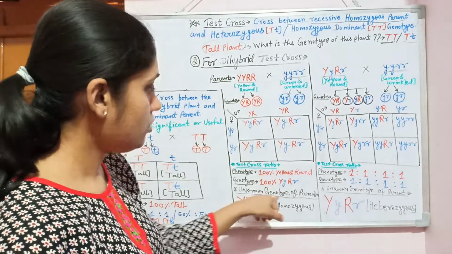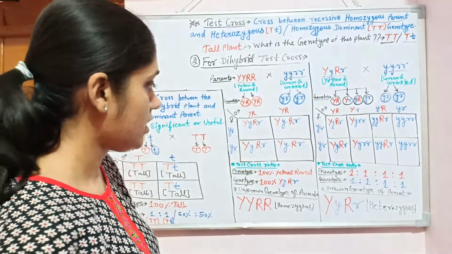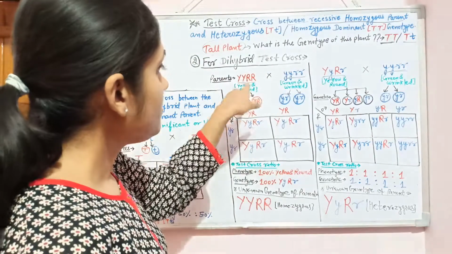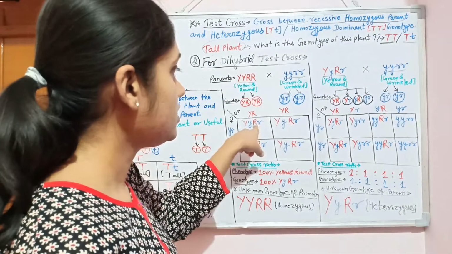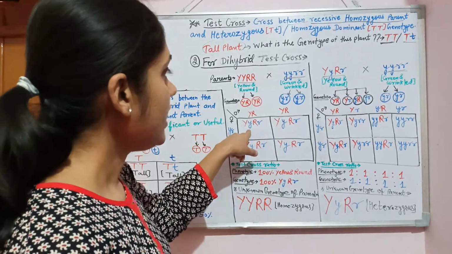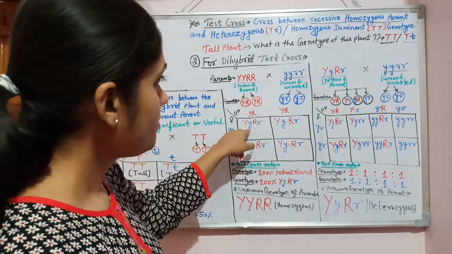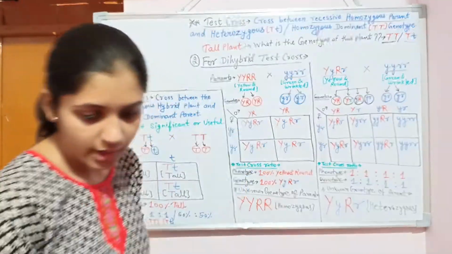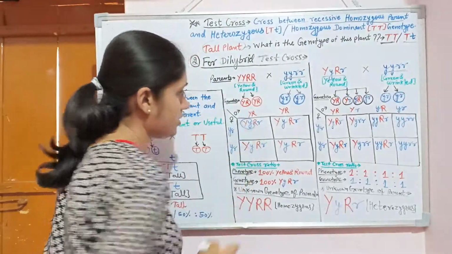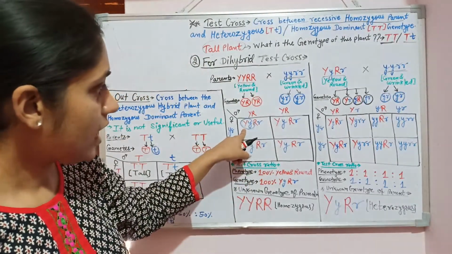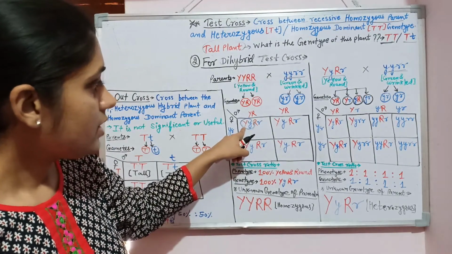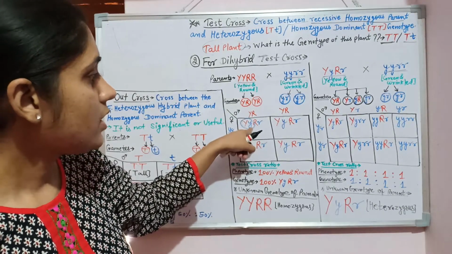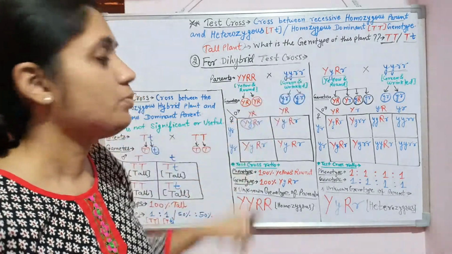So here we can say the unknown genotype of the parent is homozygous. Why? Because I have already discussed the law of segregation, which means this test cross progeny contains one allele from one character. Suppose this character is the seed color. The yellow seed color allele comes from this parent, and the small y, the green seed color allele, comes from this one. So both the alleles are separated.